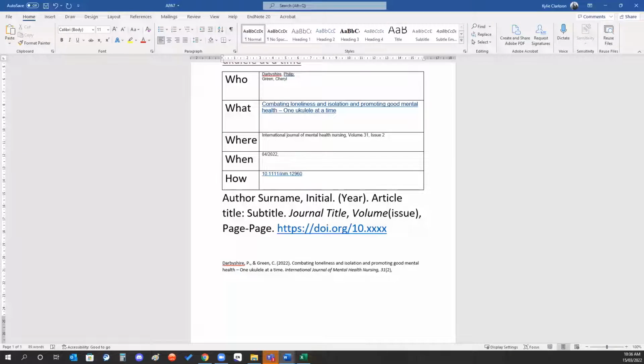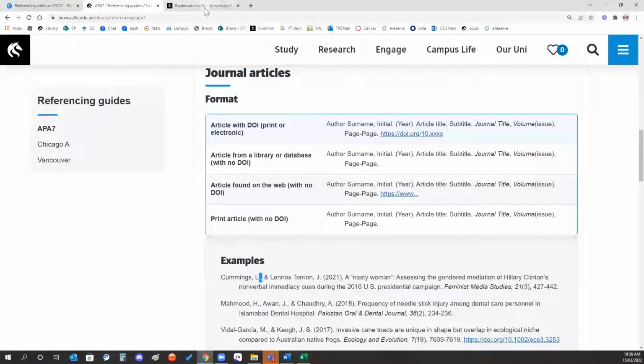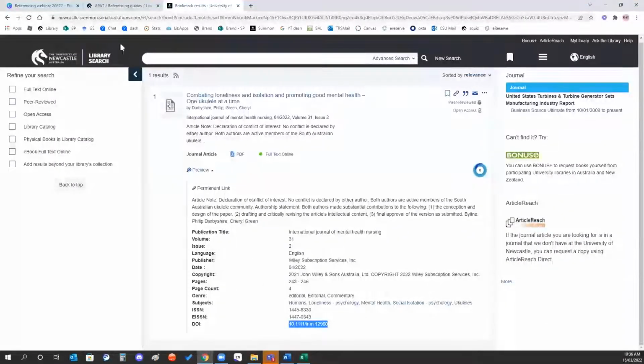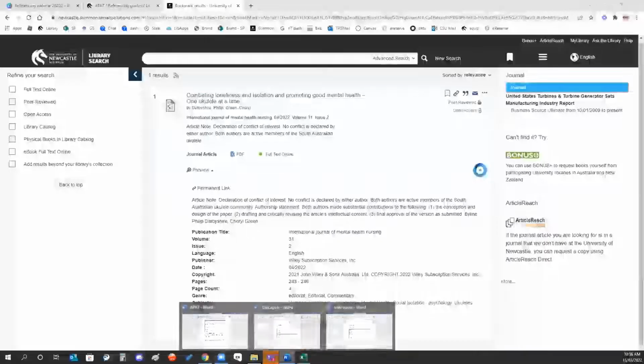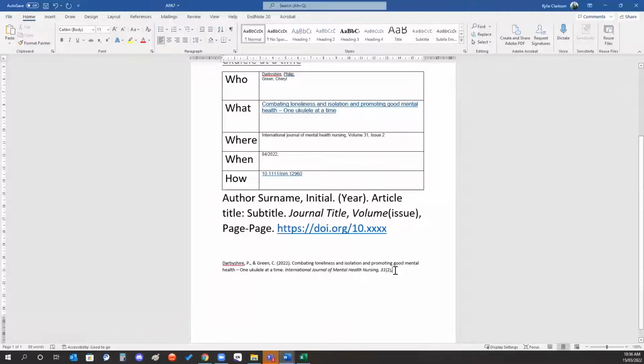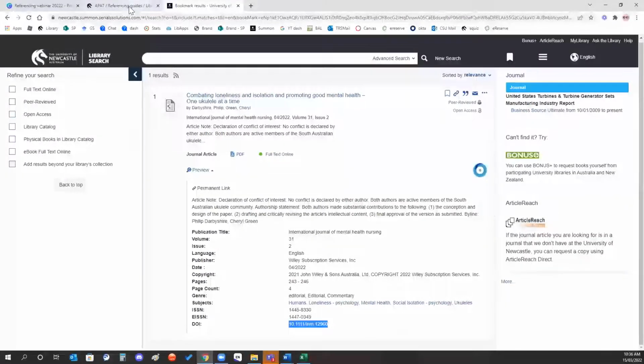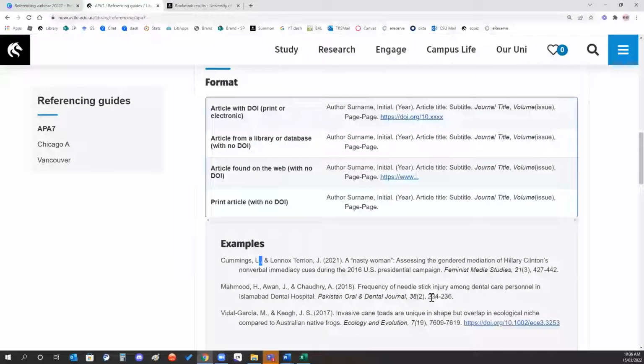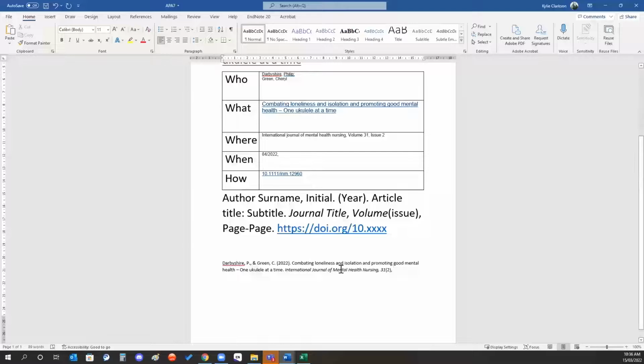And then the last thing here is, oh, I don't have the page range, excuse me. If we go back over here, it is 243 to 246. So we're going, I believe, actually, I can't remember what that should have looked like. So bear with me for a second. Yes, it's just the actual numbers. So if I go back over, 243, 246. And then the last thing that we need is this DOI